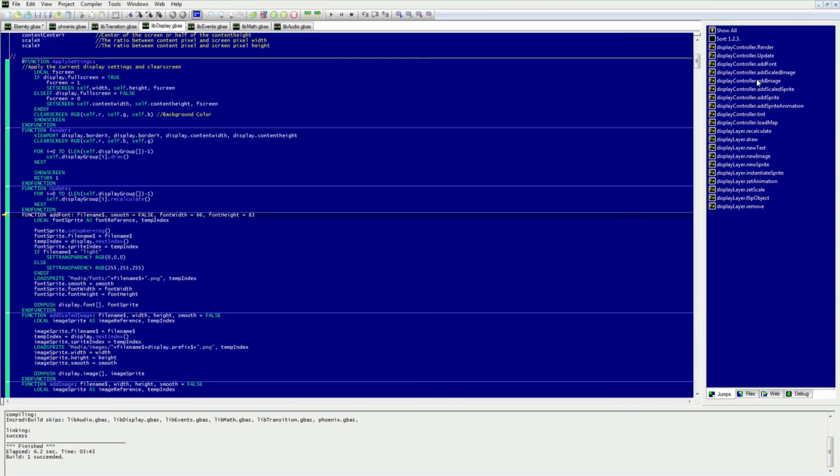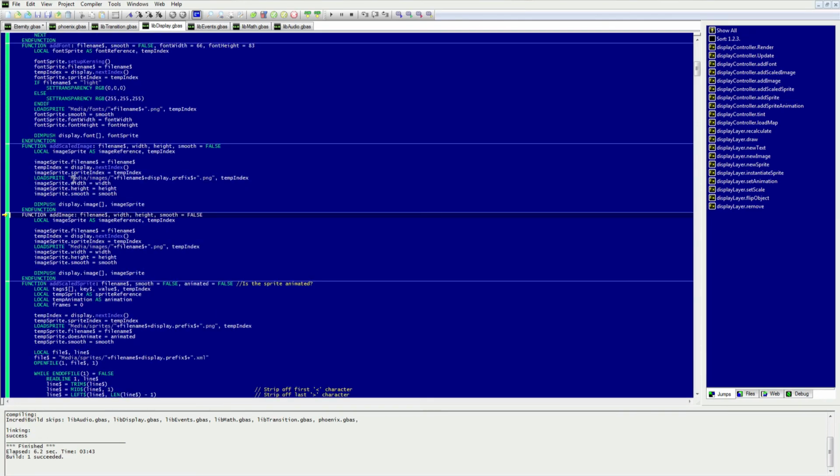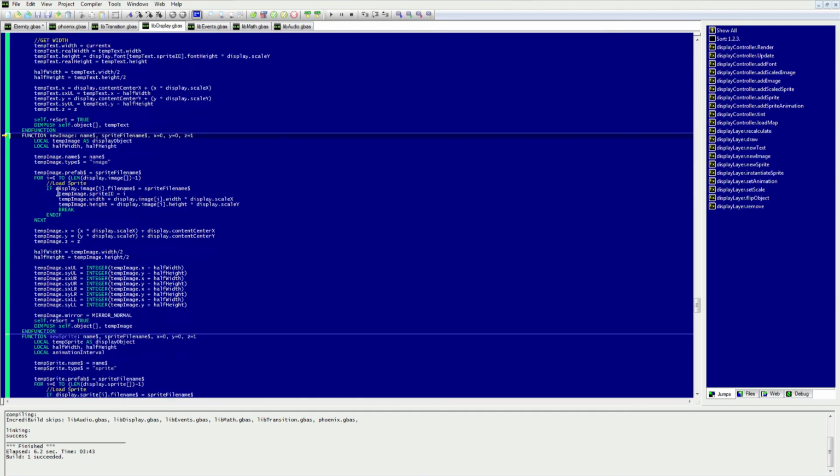So when I add a new image, I give it the file name, I give it the initial width and height, and whether or not it's smooth. And what happens is it'll just create a temporary file which it's gonna push into the group of objects. And then from there it's gonna go to new image, and then new image is gonna do all the calculations based with the scaling right here. As you can see, x times display.scale minus the center, because I calculate everything from the center,